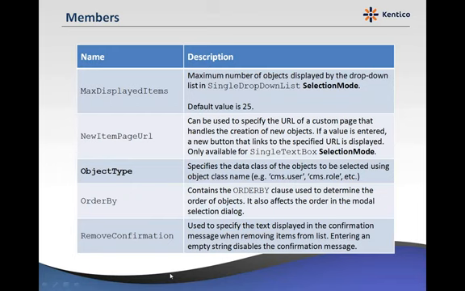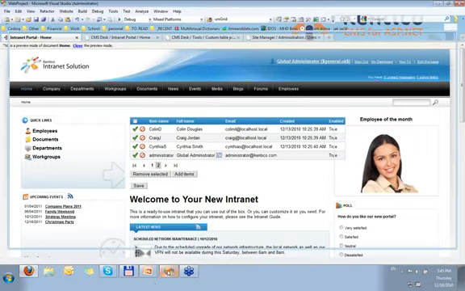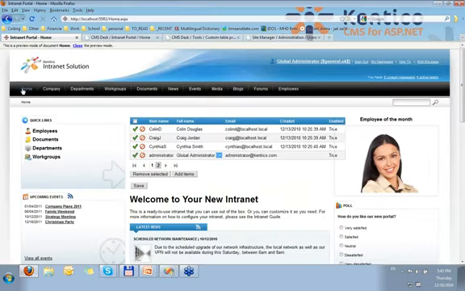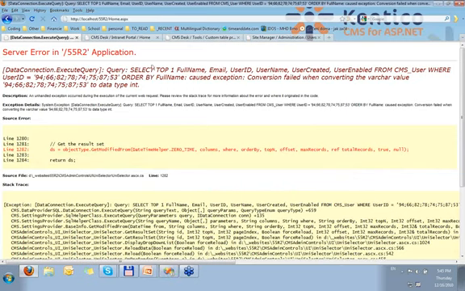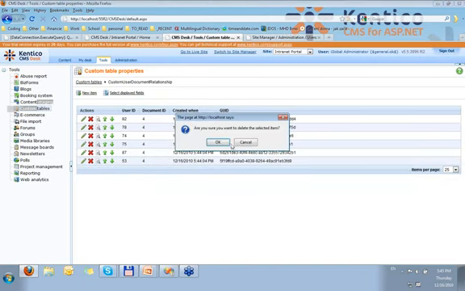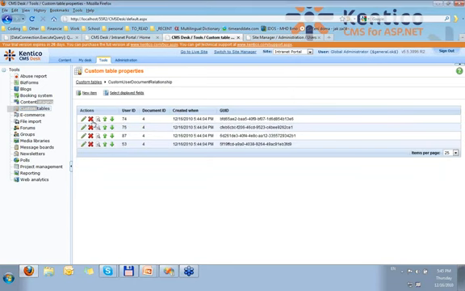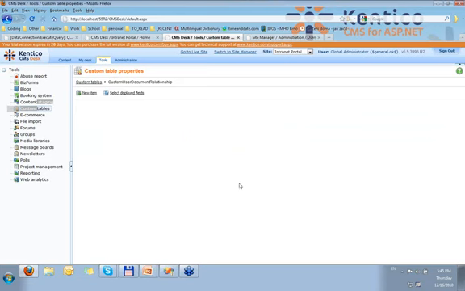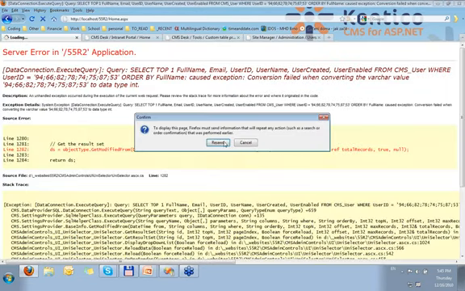Okay, so we are getting closer to the end of the list of members. The max displayed items, this is information used by the single drop-down list selection mode. If you take a closer look at the UniSelector displaying the single drop-down list selection mode, I need to make sure that the UniSelector contains only a single value. So the error I've got is related to the fact that in the database there are stored multiple values for the UniSelector,